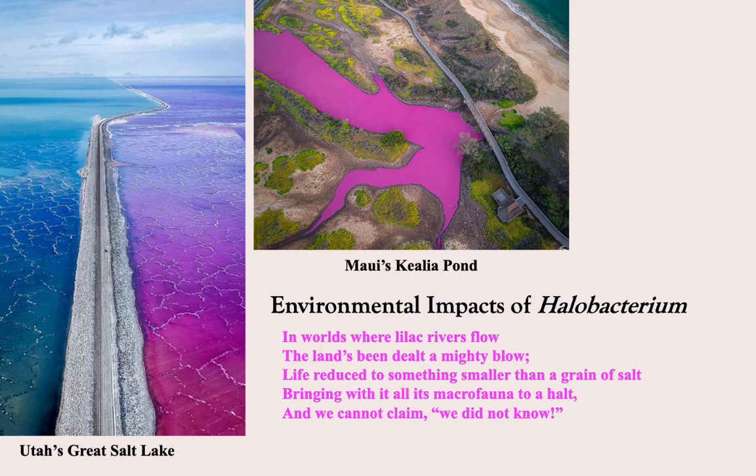When a pond in Maui turned bright pink, it served as a warning sign that increasing temperatures and drier conditions made the water saltier, allowing Halobacterium to thrive and for everything else to pretty much die. So the presence of Halobacterium could spell trouble for animals that rely on these important marine environments to survive. Scientists warn that our future may hold more pink lakes, that is, more Halobacterium, as the planet warms.